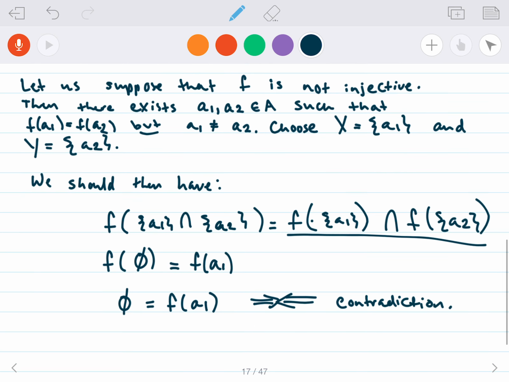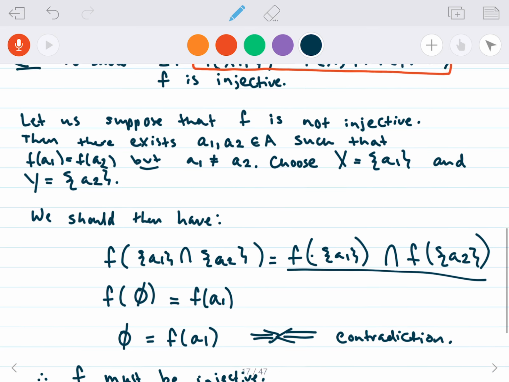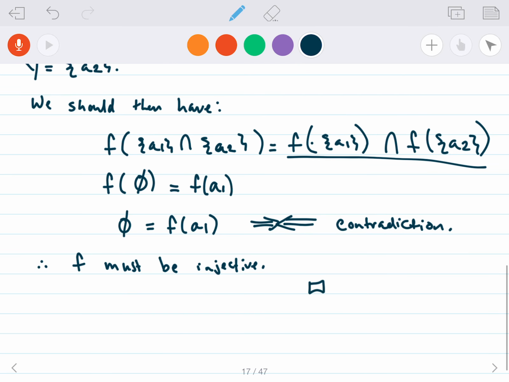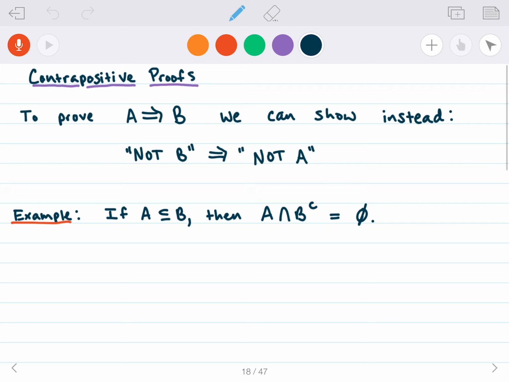And therefore, f must be injective. Okay, so we've proved both the forward and the backwards directions, and so we are done with our proof. All right, so now we'll